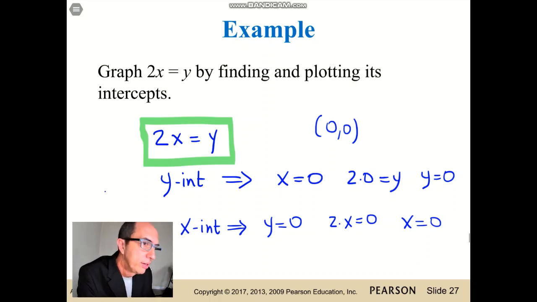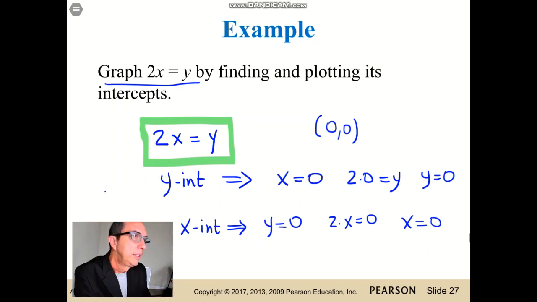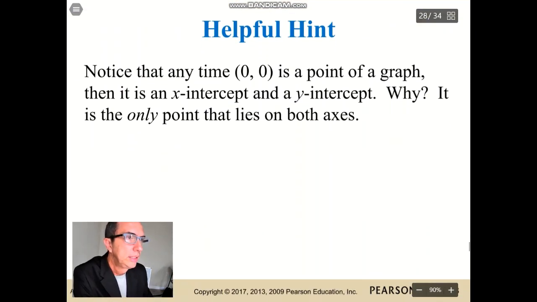Now that's kind of a problem here to solve this question, because we need to graph the equation. We just have 1 point. We don't have 2 points, right? We just have 1 point. Now it's good to have at least 2 points, but usually you have to work with 3 points, just to make sure that you're doing the right calculations. So let's